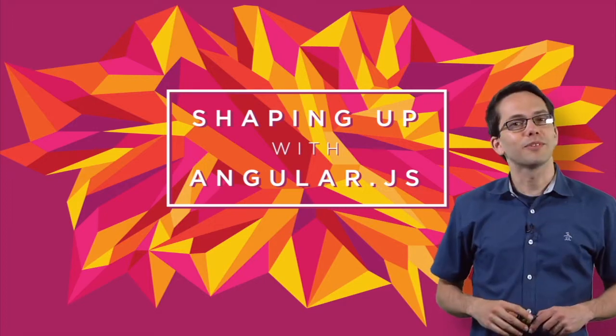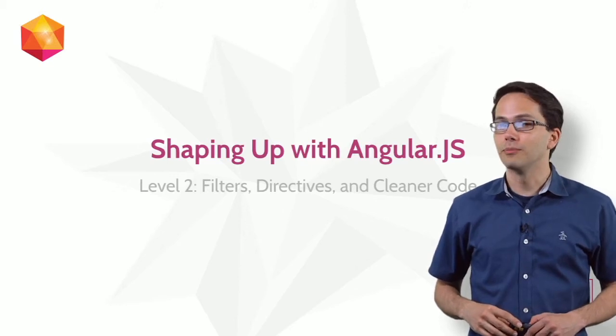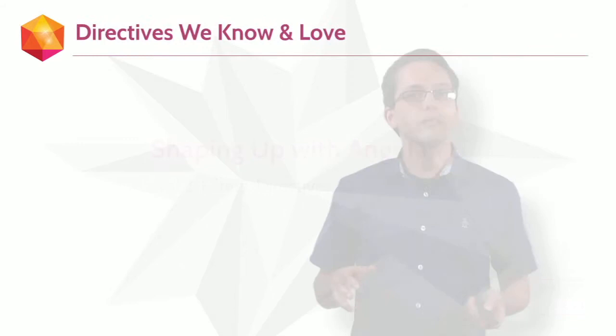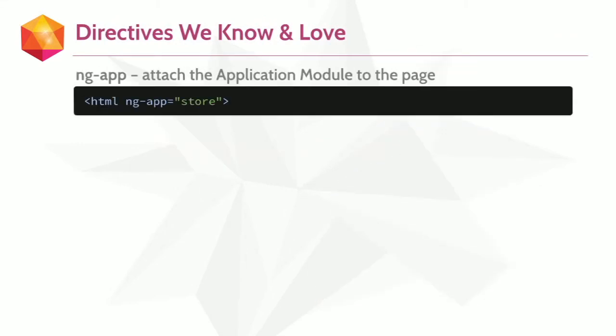You're watching Shaping Up with AngularJS. This is level 2, where we're going to be talking about filters, more directives, and how to keep your code clean. To review some of the directives we've gone over, we've got ng-app, that's how we attach the application module